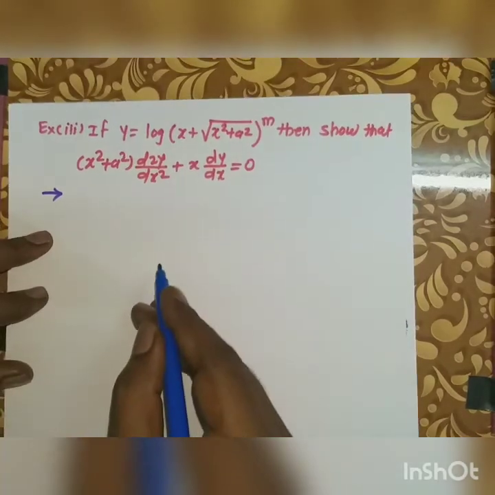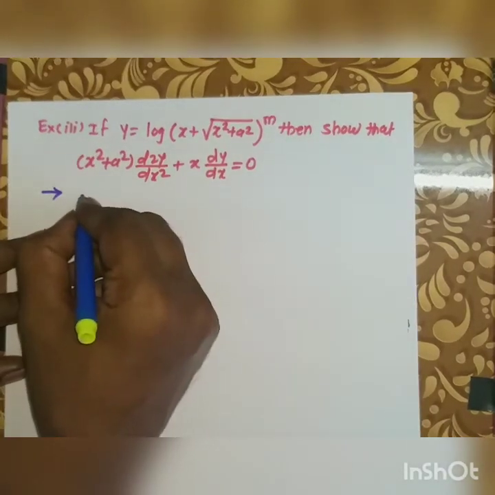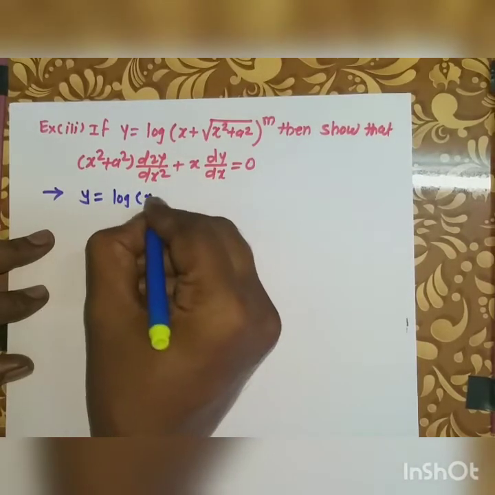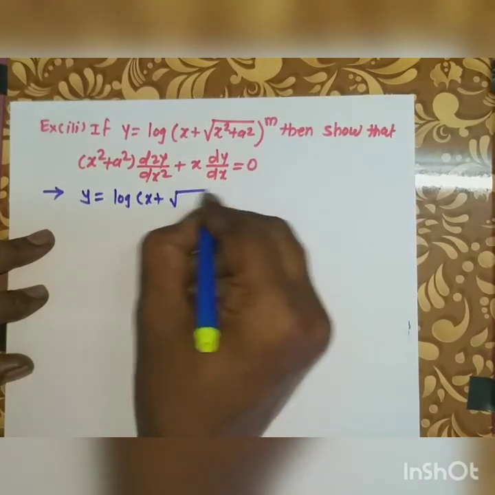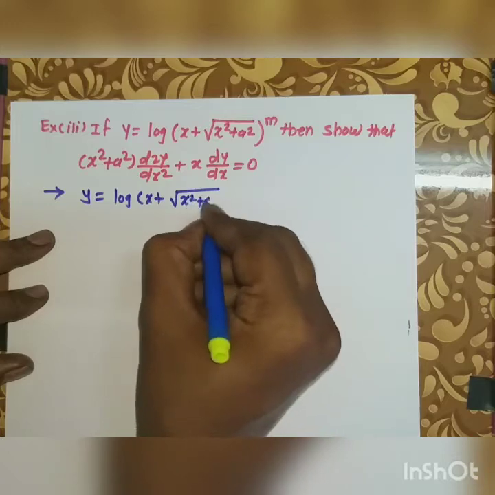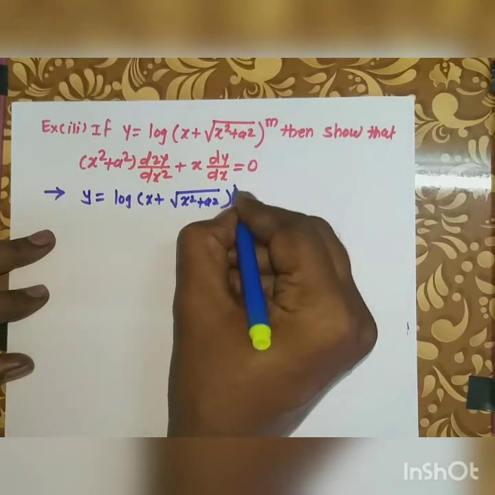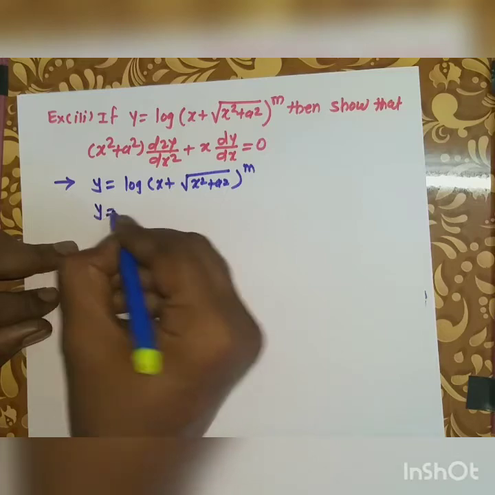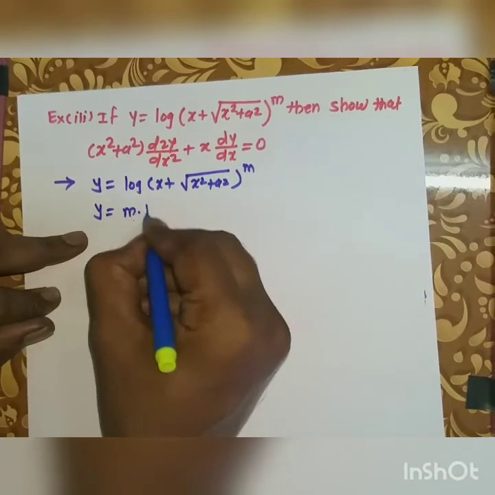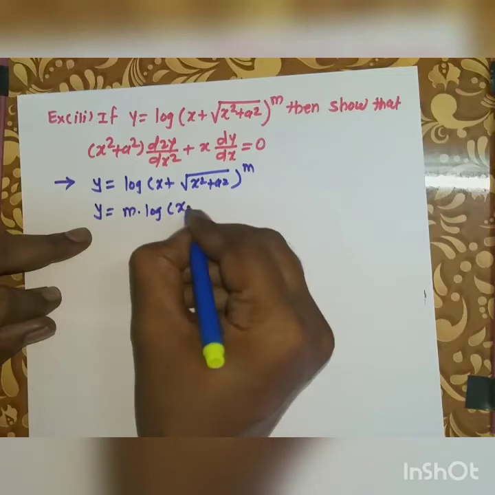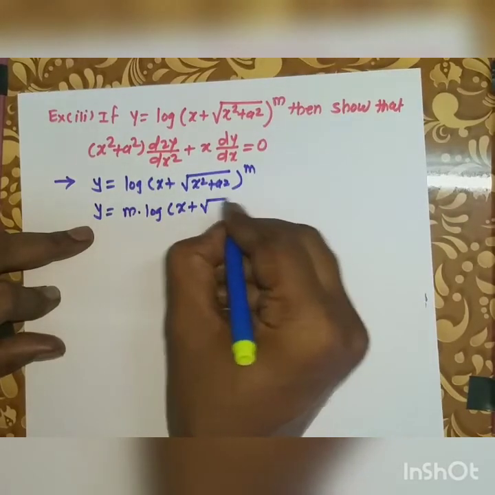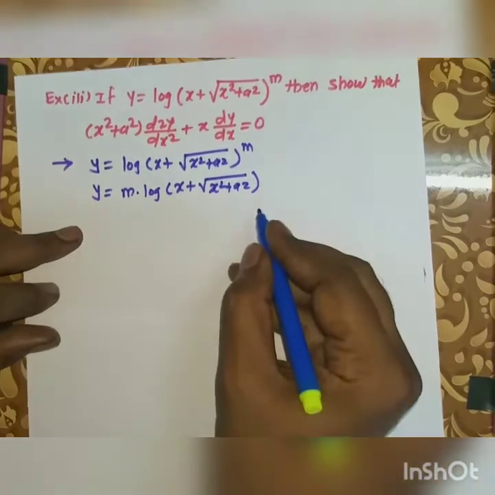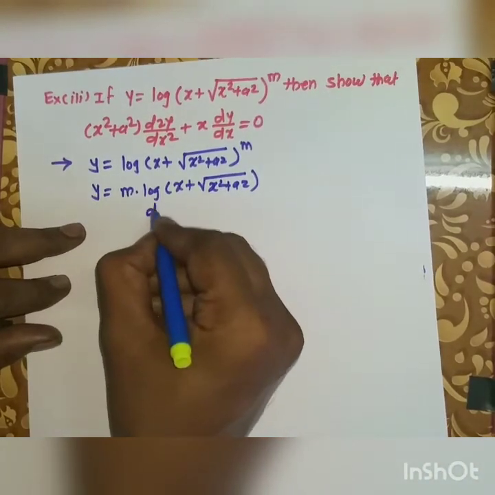There are two methods. The first method: given y is equal to log of x plus under root x square plus a square, raised to m. By using the law of logarithm, y equals m into log of x plus under root x square plus a square. Again, differentiate